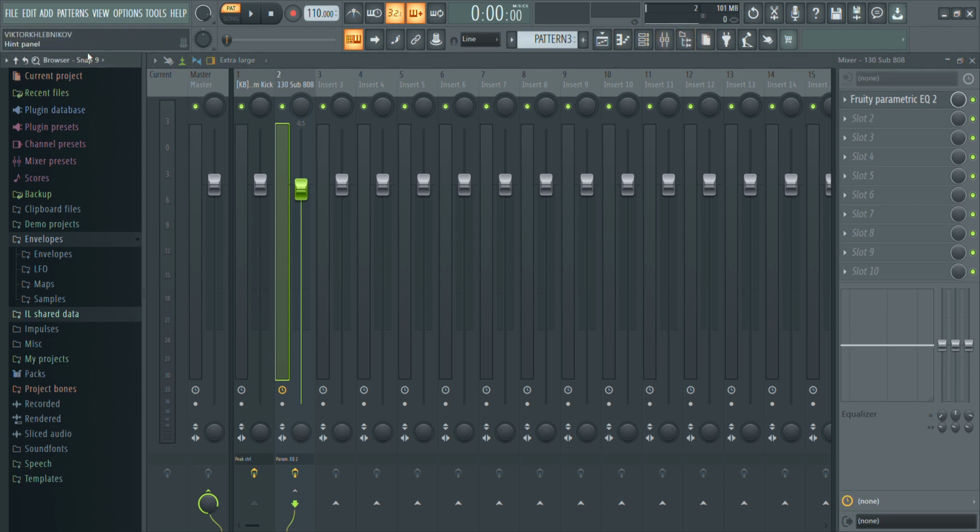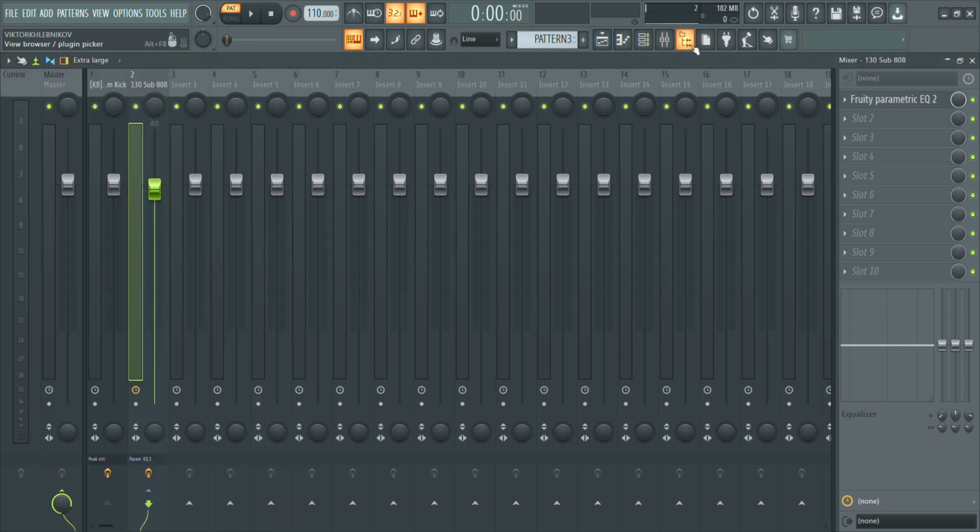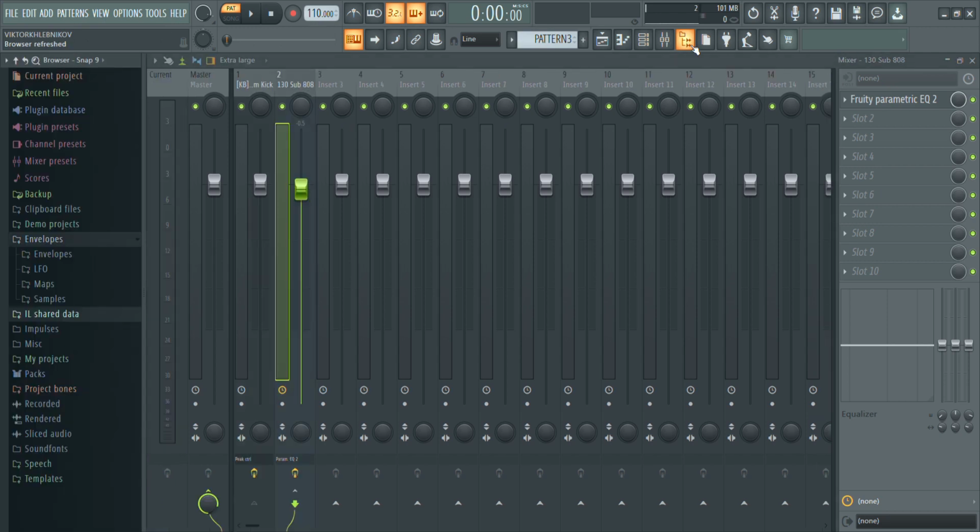Then here is your file browser. All these files here, come to this pattern, you see all these files. If I click here, it's gone. Click here, it's back. So that is how to access that. Here consists of all your patterns. You see, this is the key, this is your bassline, and this is pattern 3. So it shows you everything that happens in your pattern, and you can touch them to hear your sounds. Here shows you all your plugins